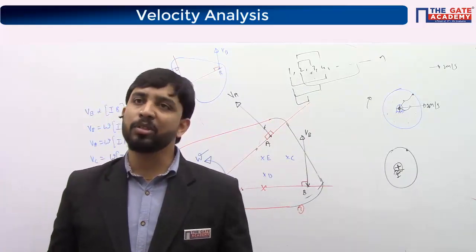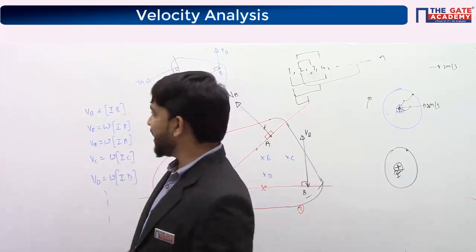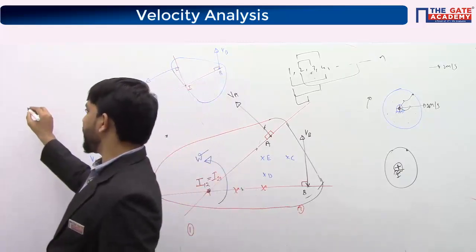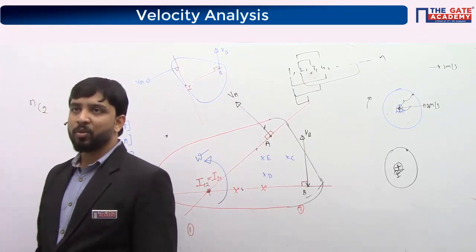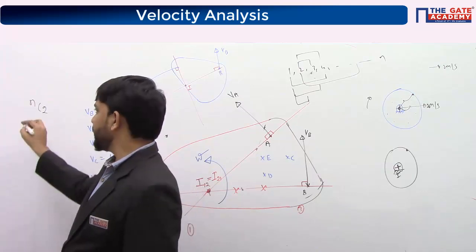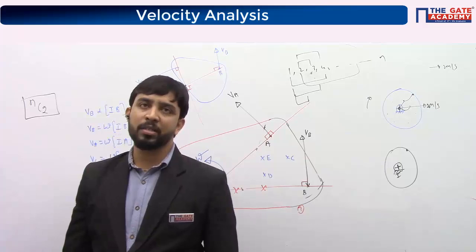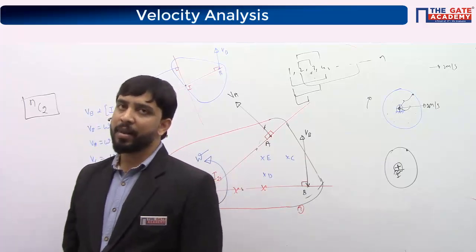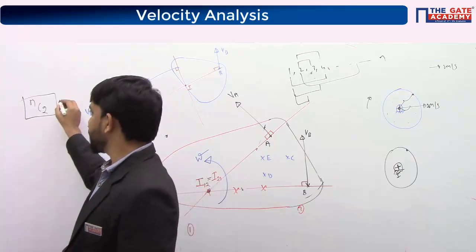Whenever there is a relative motion, you can look at an instantaneous center, right? So if there are n links in a mechanism, for any combination of two links, you pick any two links, there will be relative motion. So that relative motion can be seen to be in perfect rotation, okay? So for any combination of two links, we can look at one I center, okay? So we can have NC2 I centers. NC2 is nothing but